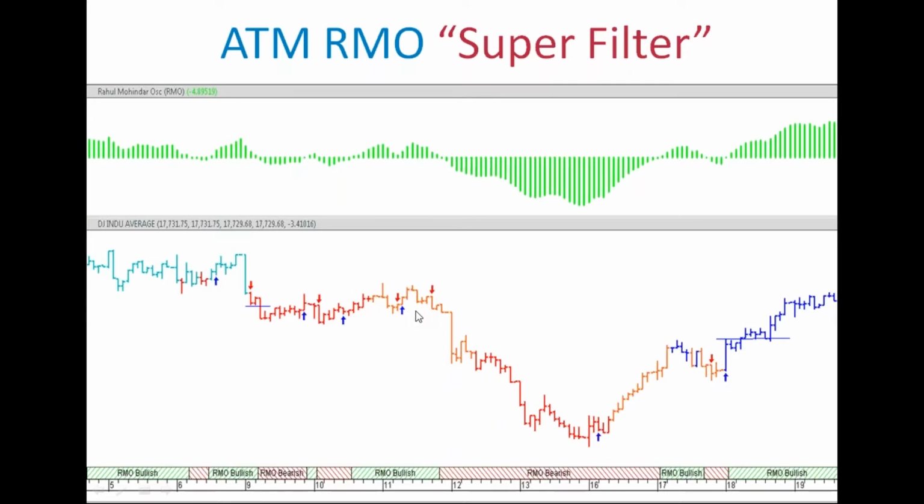It just gives you an undertone. For example, if it was deep red here, and when the deep red started turning to orange, you get a feel that, okay, from the extreme bear phase, you're now bear. So you get to understand transition a little more. The chart starts talking to you. Now, how does it help me filter the RMO?